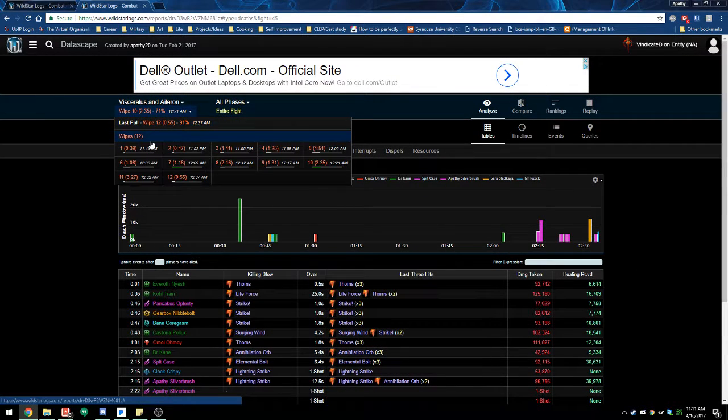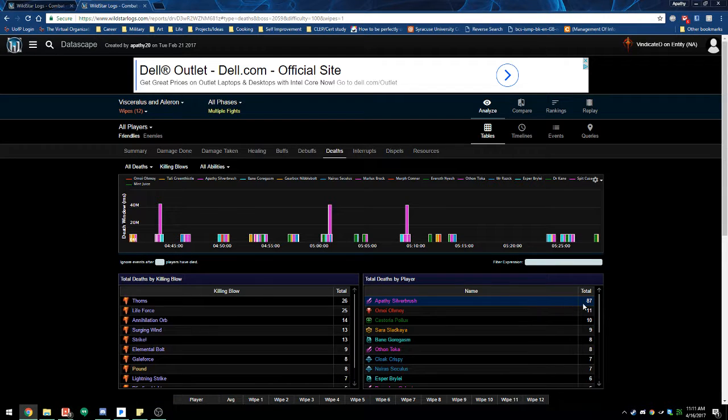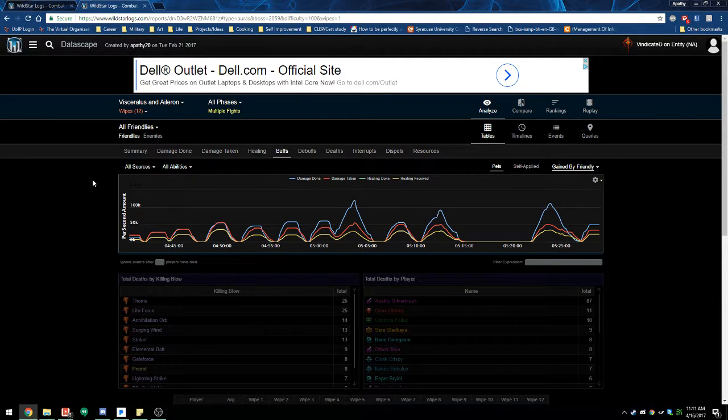We can actually look at that. So this is one of the reasons I don't like looking at overall. If you can see this, I died 87 times. So sometimes these logs can be a little glitched. Moving on. If you're looking at specifically how you're doing, how the raid's doing, we can go to, as it